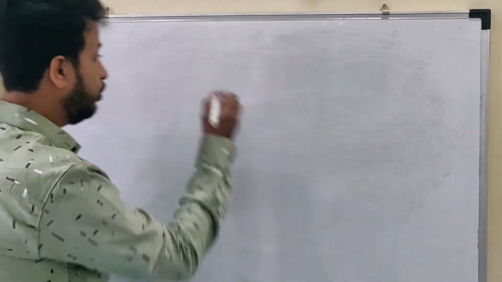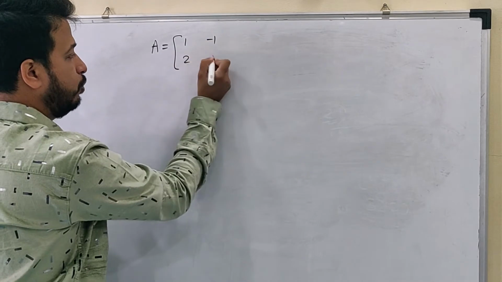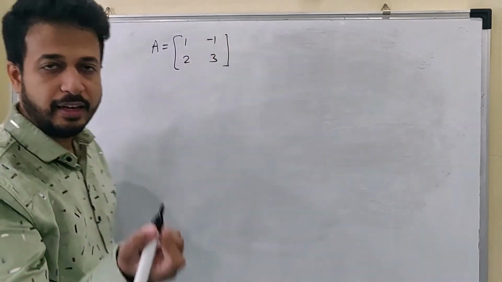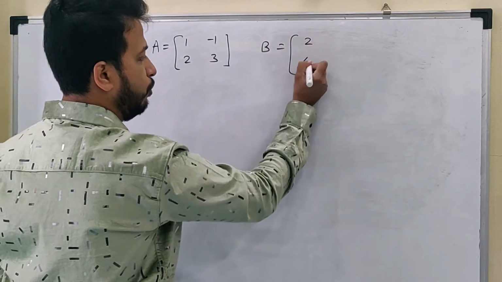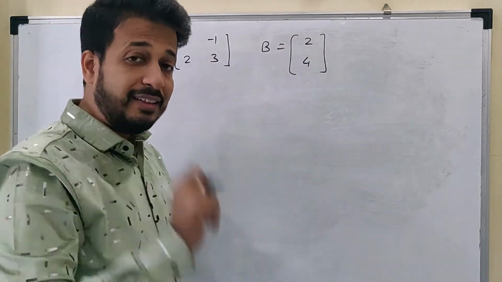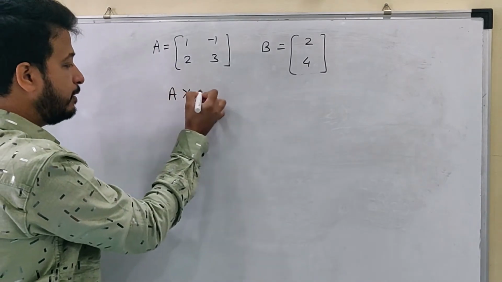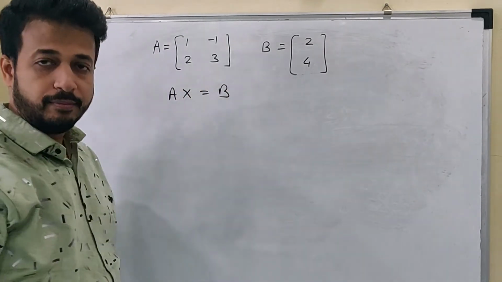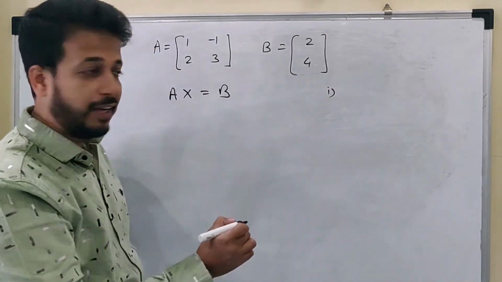Suppose they have given you a matrix A which is 1, -1, 2, 3. I've taken any random numbers, and they have given B matrix as 2, 4. Now they have given me an equation like AX is equal to B. Here, what do we have to find? First, we have to find the order